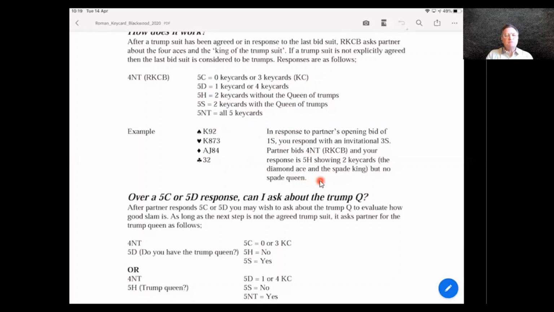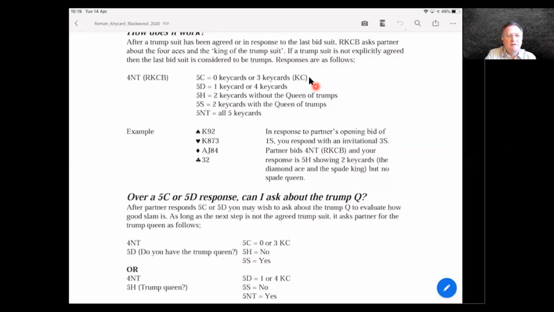Okay, so as we mentioned before, when you do hold 2 key cards, you can show or deny the Queen of Trumps immediately. But what if your response wasn't 2 key cards? What if your response was either 5 clubs showing 0 or 3 key cards, or 5 diamonds showing 1 or 4 key cards? Well, if your response was as such, partner may still need to know about the location of the Queen of Trumps. So if your response is 5 clubs, the next step